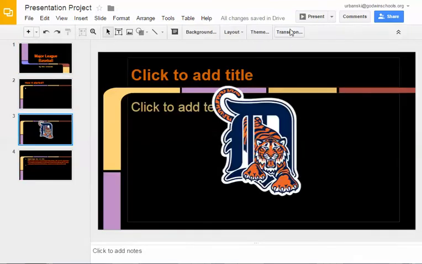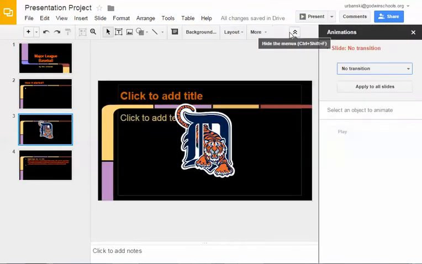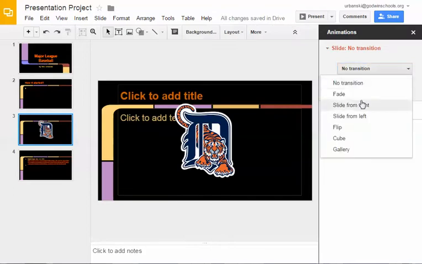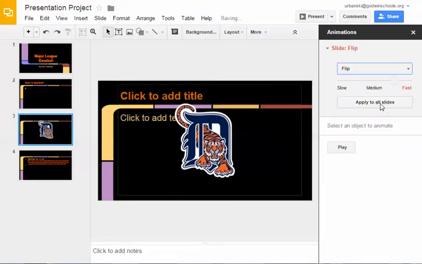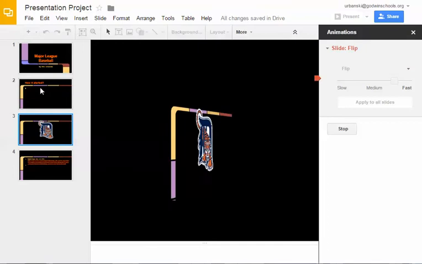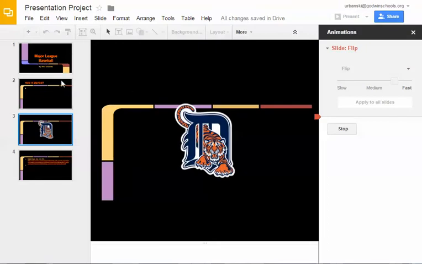You may also add transitions when you're done, and transitions allow you to fade them, to flip them, to make sure they do all different things when they enter or exit the screen. So let's do flip and apply it to all slides and hit play. What will happen is my slides will flip into the next slide. So you can see my image and then my